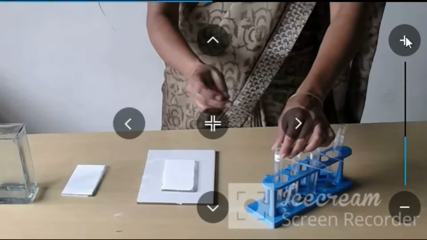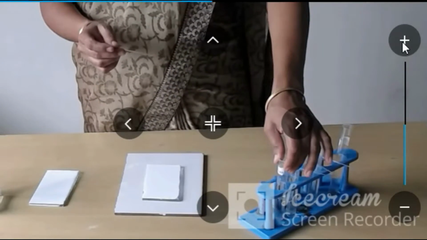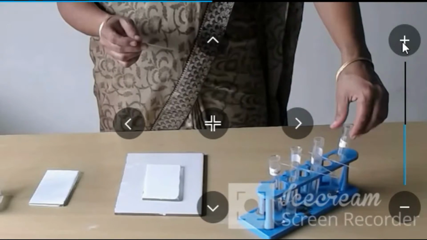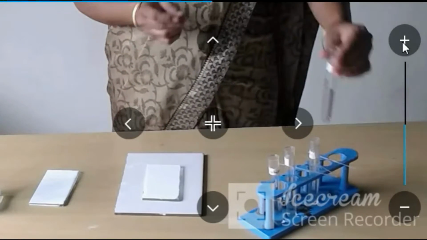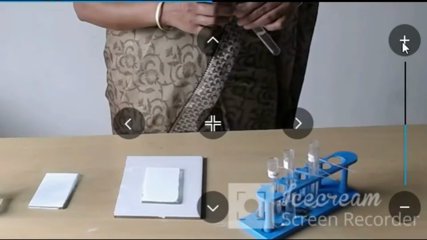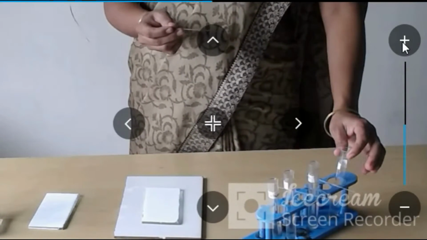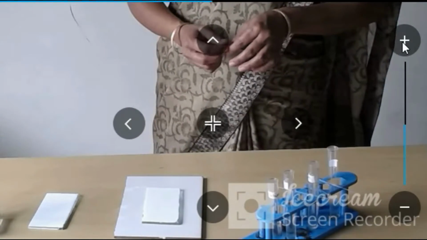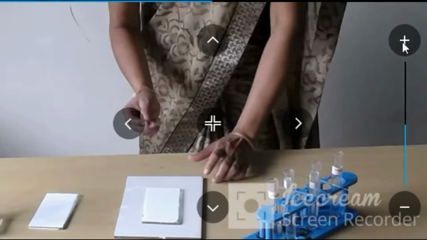Now I am applying sugar samples. I have taken maltose, lactose and sucrose. I will remember the sequence, or you can mark it as maltose M, lactose L, sucrose S, like this.